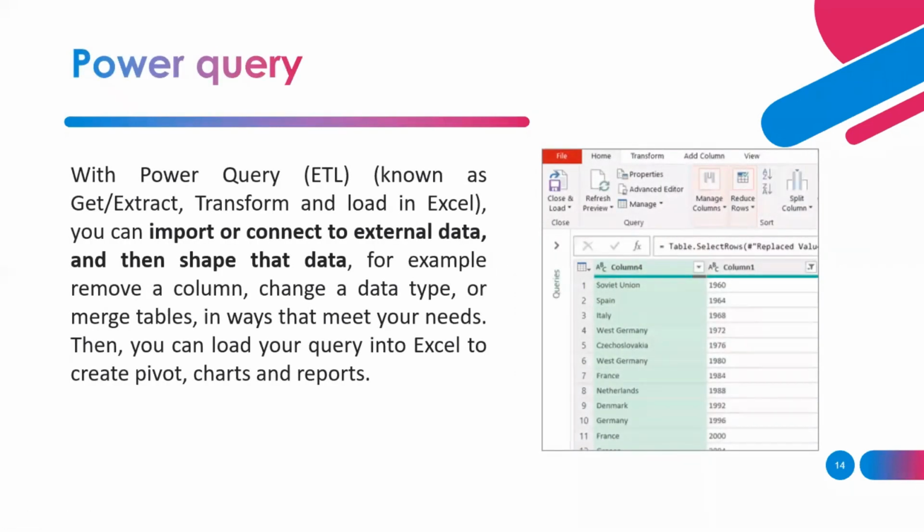Then after that, you also come across Power Query. Power Query is also known as ETL. So what does ETL mean? It means extract, transform, and load data. It extracts data from the source, then transforms it, thereby cleaning it, and after cleaning it, you load it into Excel. What we use Power Query for is basically data cleaning. Whenever you are dealing with data, you are going to get messy data. So you use Power Query in data cleaning.